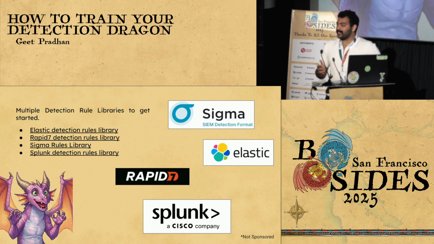Here's a few. Detection libraries by the beautiful security community out there have already been built out, right? These are just a few, and I do want to note it's not sponsored at all, that I have used to help me have a base, a foundation to start from, because it is very daunting to build out your own security bank of alerts. It is insane.